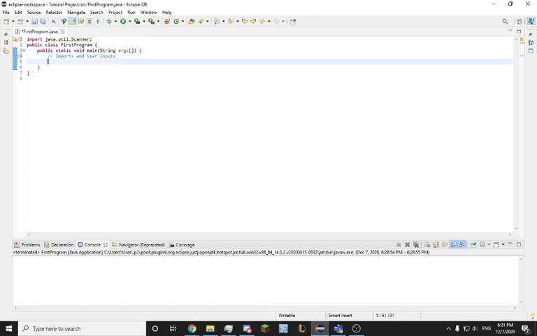So now that we've got the import done, we've got the class Scanner basically within the reaches of our program, but we need to make an object for it, an object that's used by the class. The way you do that is you say Scanner, and we'll call it KBReader because it's going to be reading your keyboard. Scanner KBReader equals new Scanner(System